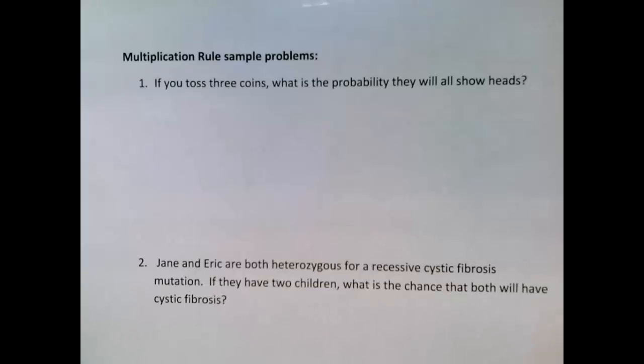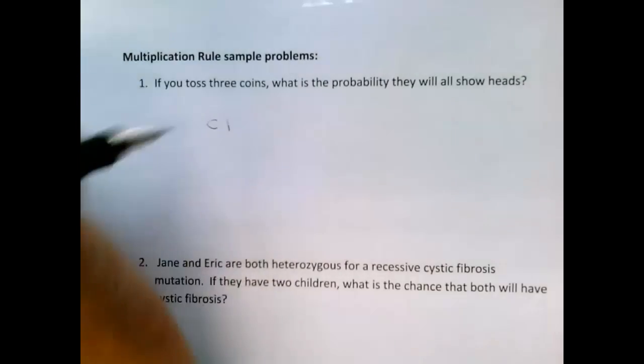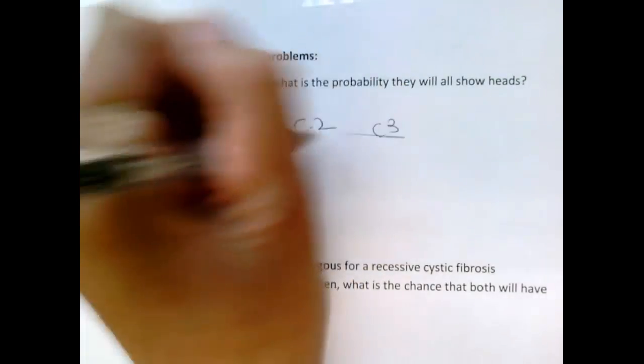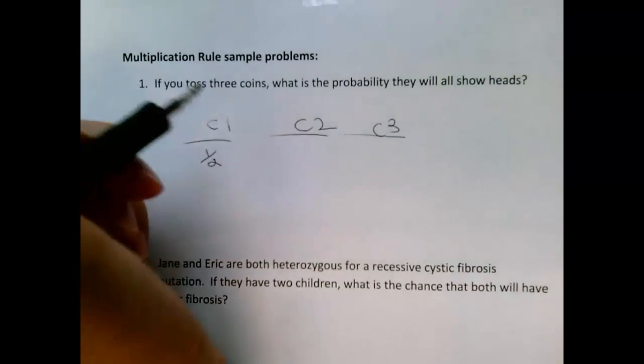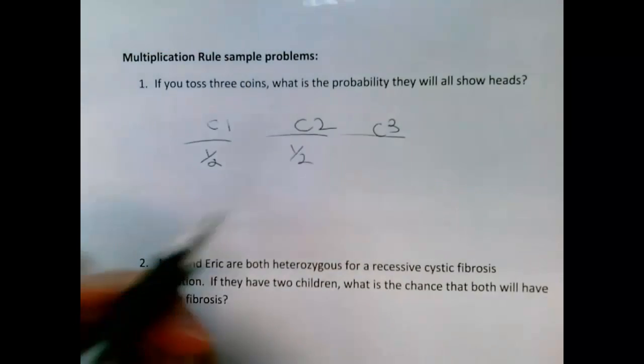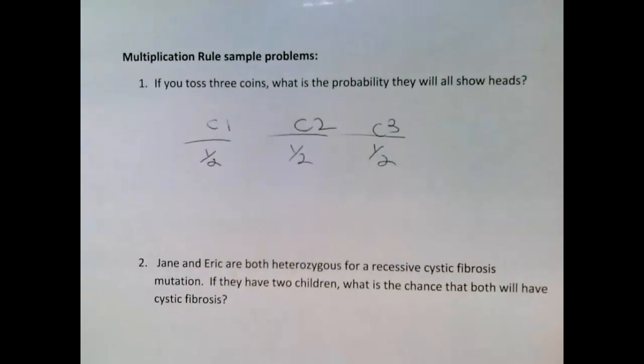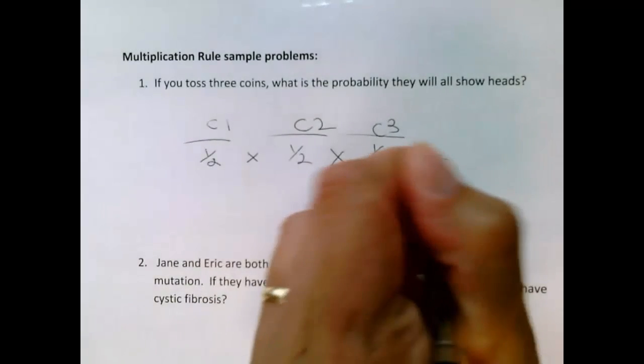The first one is a question: if you toss 3 coins, what's the probability that all 3 of those coins will show heads? So in this case, we're going to have coin 1, coin 2, and coin 3. The chance of getting heads with coin 1 is 1/2. Chance of getting heads with coin 2 is also 1/2. Chance of getting it with coin 3 is also 1/2. So in this case, we have 3 independent probabilities, and the question is asking whether they all are true. So the chance that they all happen together is going to be calculated by multiplying those individual probabilities together to